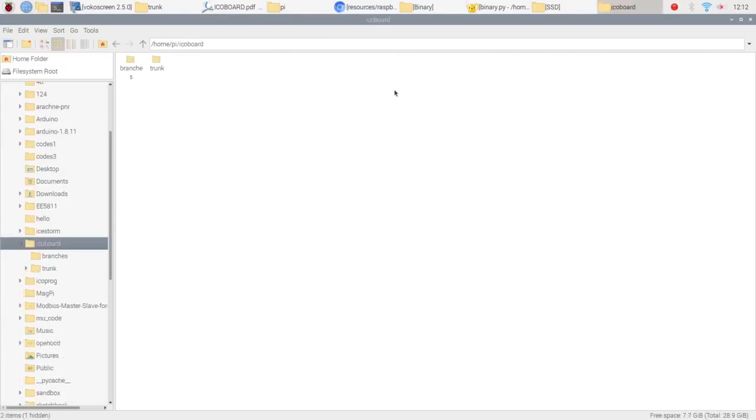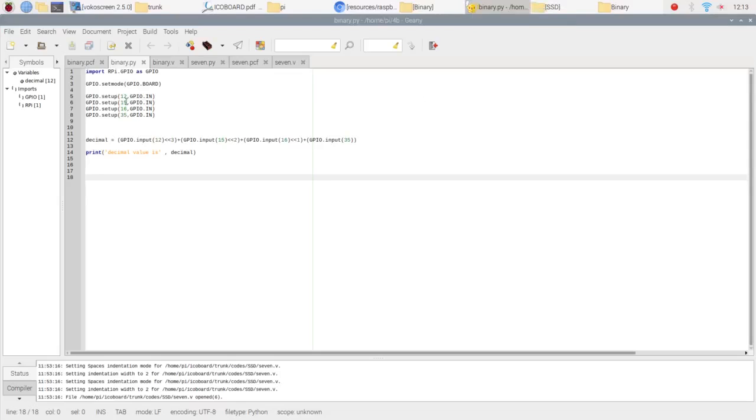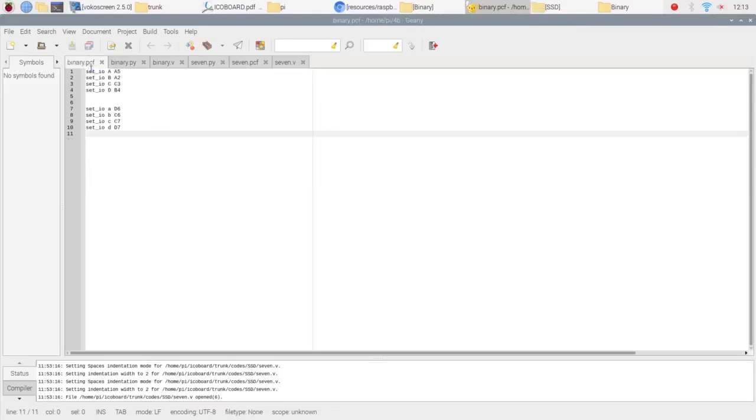For now, just have a look at the codes. Once you open the code, for writing a code you have to write 3 files. One is the .py Python code, the PCF file, and the .v Verilog code. You have to open in chain all the files, and you can see this is the PCF file where you are declaring the inputs,